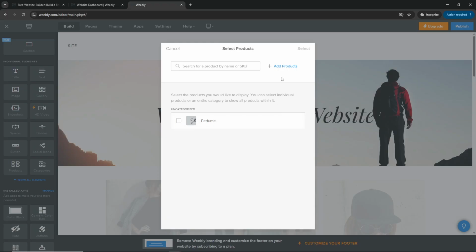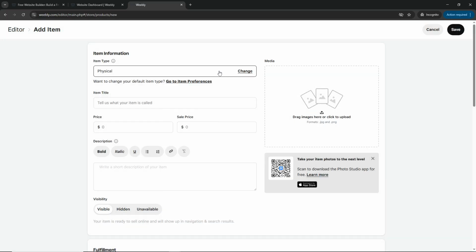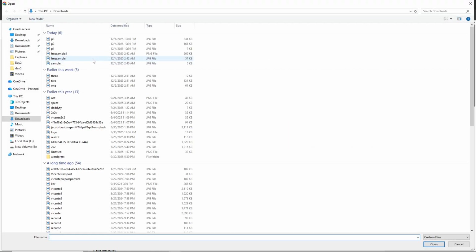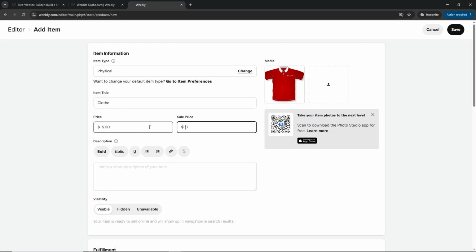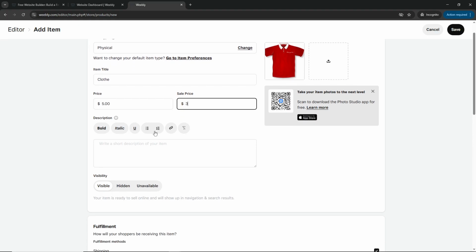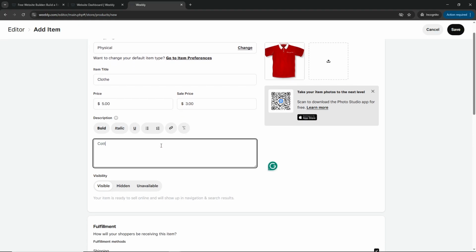After placing the block, you'll notice an option to add product within the newly added product block. Click on Add Product to open the product details form. This is where you'll input all the essential information about your item. Start by entering the product name, a detailed description that highlights its features and benefits, and the price. You'll also want to upload high-quality images that showcase your product from different angles, as visuals play a huge role